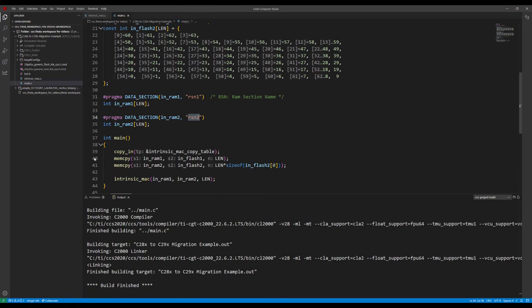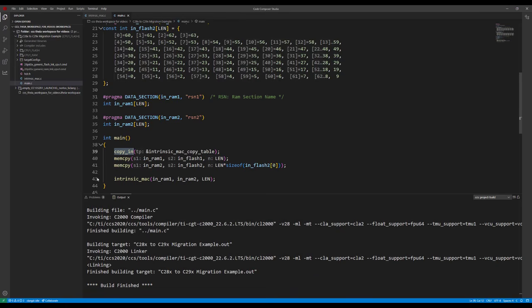And then here the code on lines 40 and 41 does a copy from flash to RAM for those arrays. And I do it two different ways because that'll become a point of discussion upon migration. One way is favored, the other way is not favored, and we'll get into why that is. And the copy in is related to copying the code for the intrinsic Mac function from flash to RAM. But I want to come back to this after looking at the linker command file.